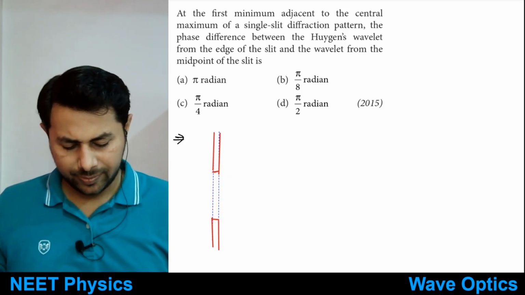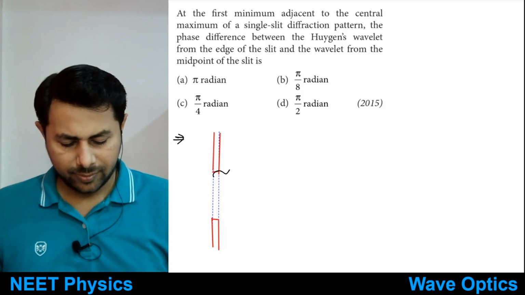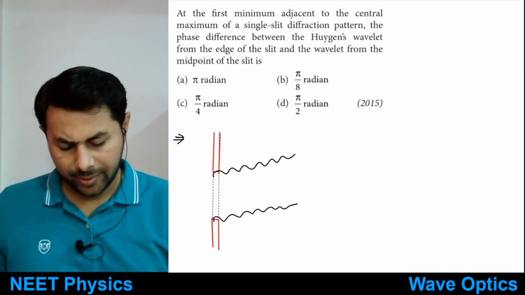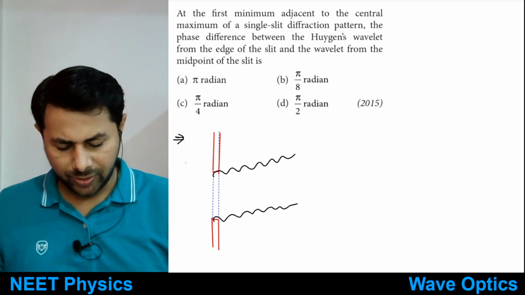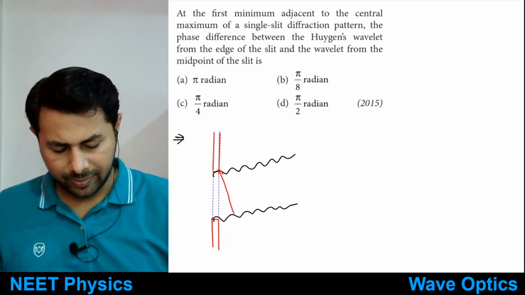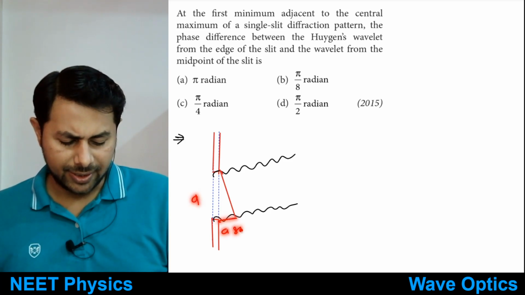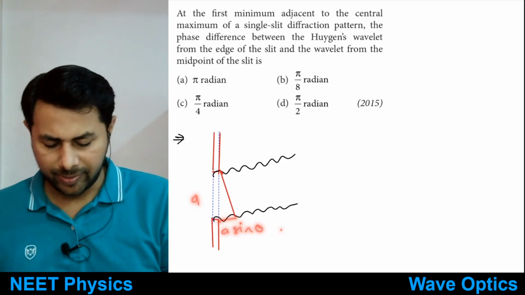Tell me. You consider waves from here and waves from here. Then for first minima, what should be the path difference between them? So if a is the size of slit, this is a sine theta, and for first minima, or this is delta x,